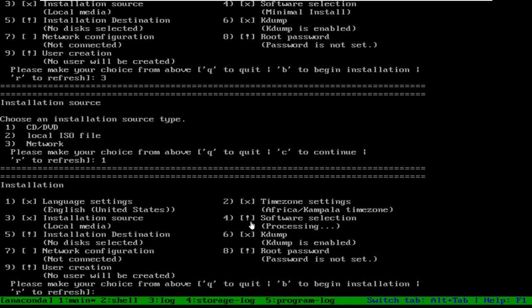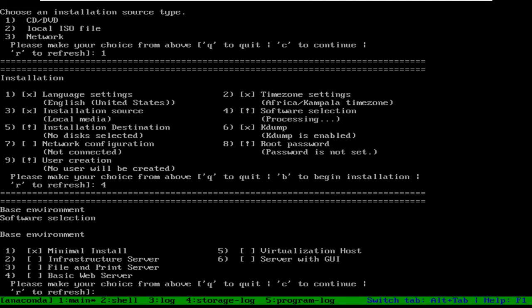If you want command line, you also have to decide it here. As I said, after installation you can have GUI or CLI, based on your selection. Let's see what is inside number 4. So I give number 4 and enter.